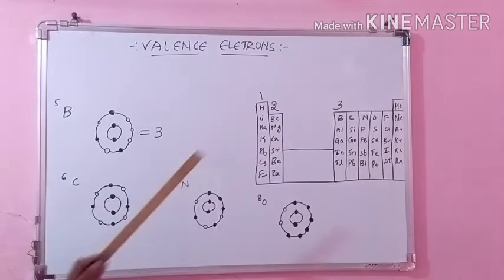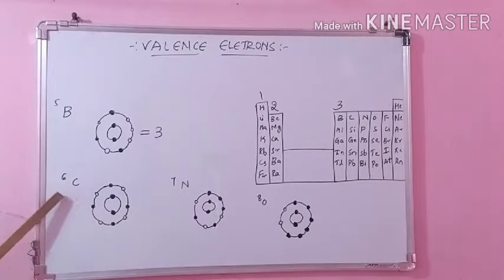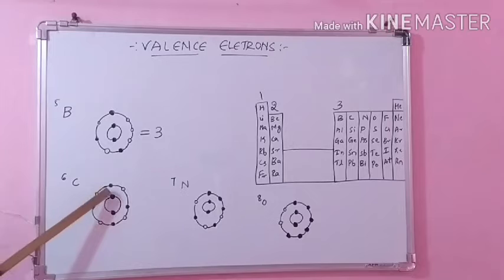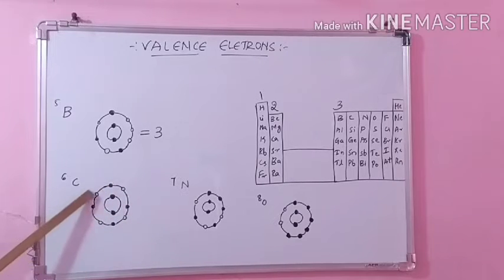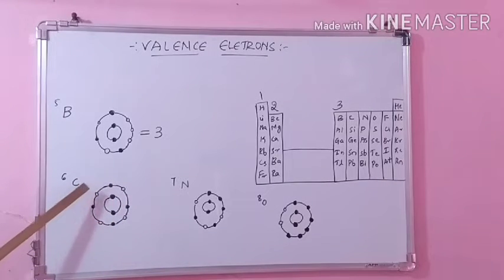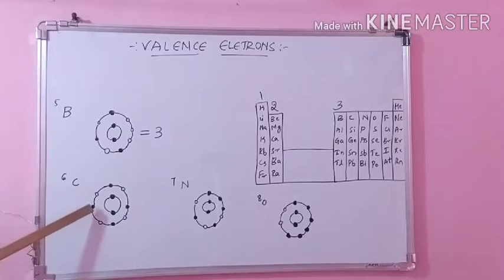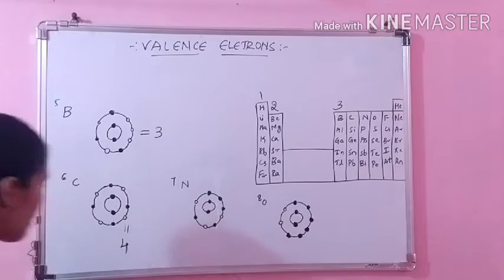Next coming to this group. Here carbon is the first element we will do. Carbon has atomic number 6. It has 6 protons and 6 electrons. So now let us try to fill those electrons. Again the first energy level will be filled with 2 electrons and the next energy level will be filled with 4 electrons. Here you can see 4 electrons are filled and 4 are vacant. So this is the farthest, outermost, isn't it? So it has 4 electrons. So the valence electrons for carbon is 4.